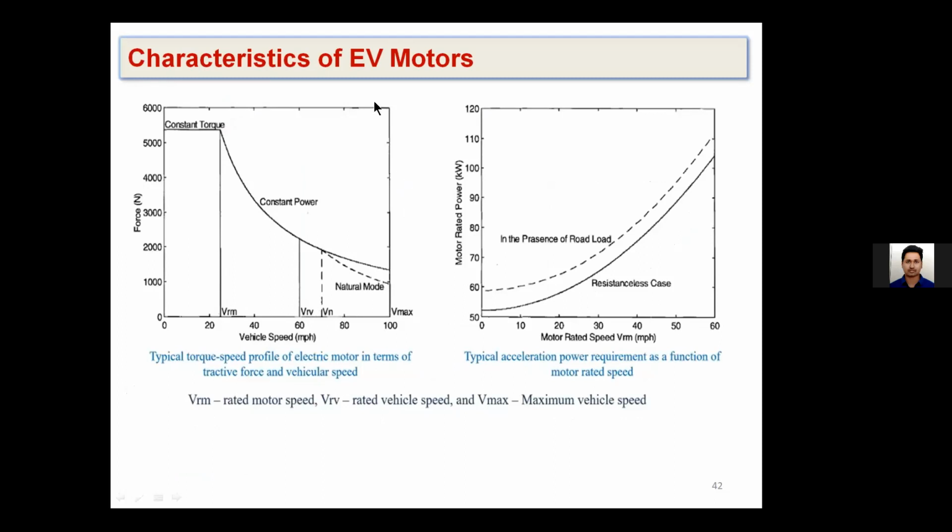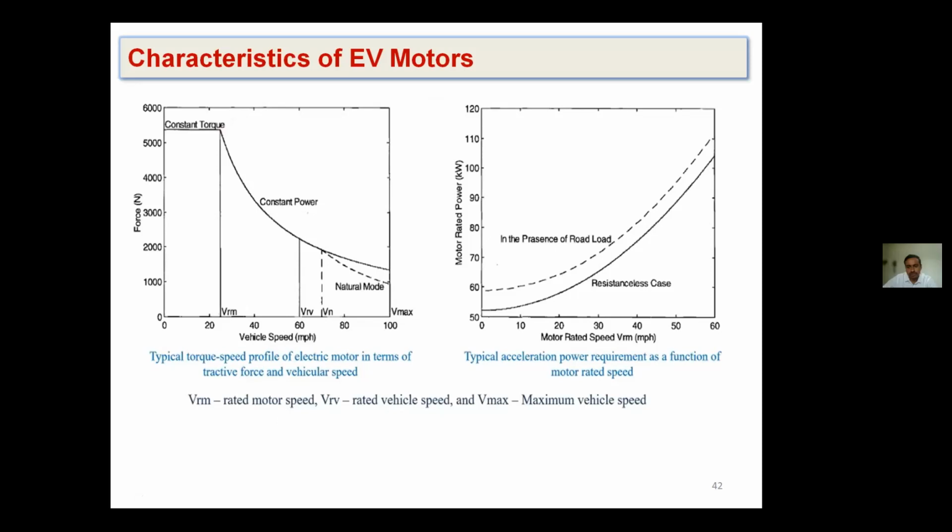We are discussing with respect to the hybrid model. Hybrid model means you might have some additional IC engine also. By the motor, this is the maximum vehicle speed that can be obtained. But if you are using the IC engine also, there will be some additional speed. So both are different. Let us consider this a hybrid vehicle. Through the IC engine you are getting some additional speed of some 60 maybe. So this is vehicle speed, this is motor speed. Both are different.